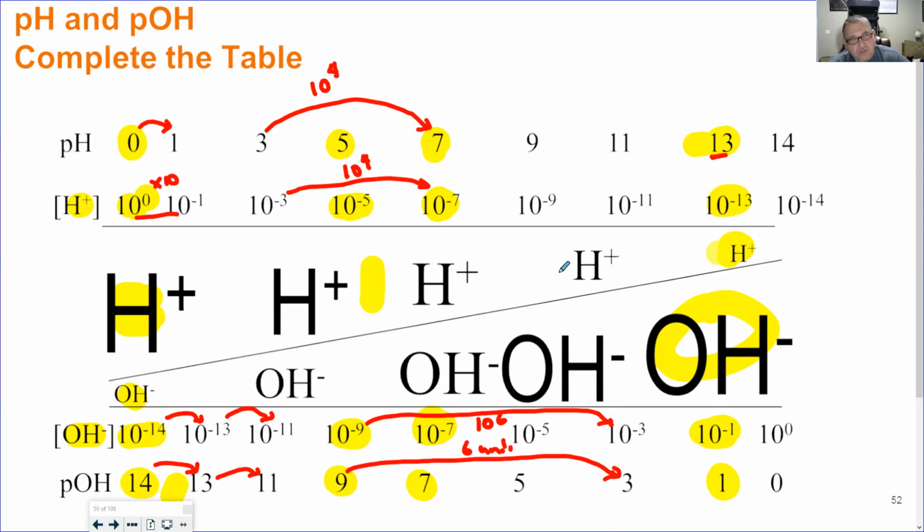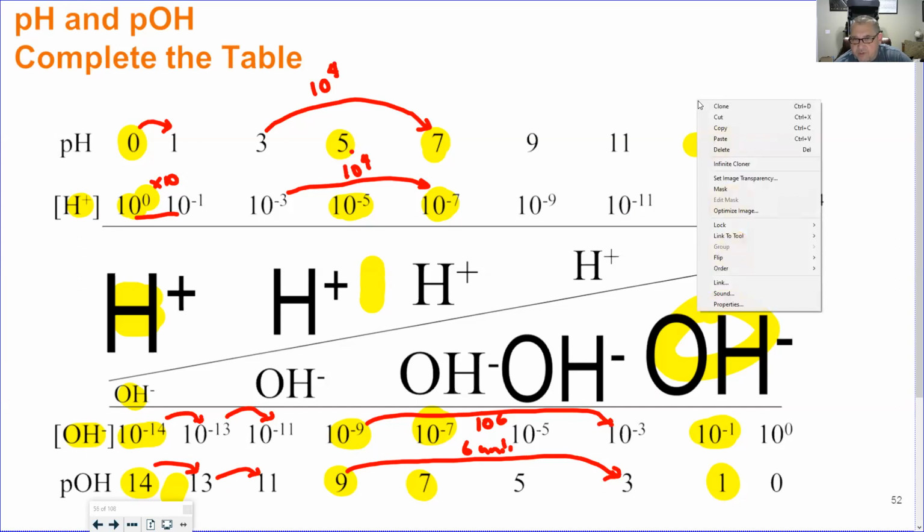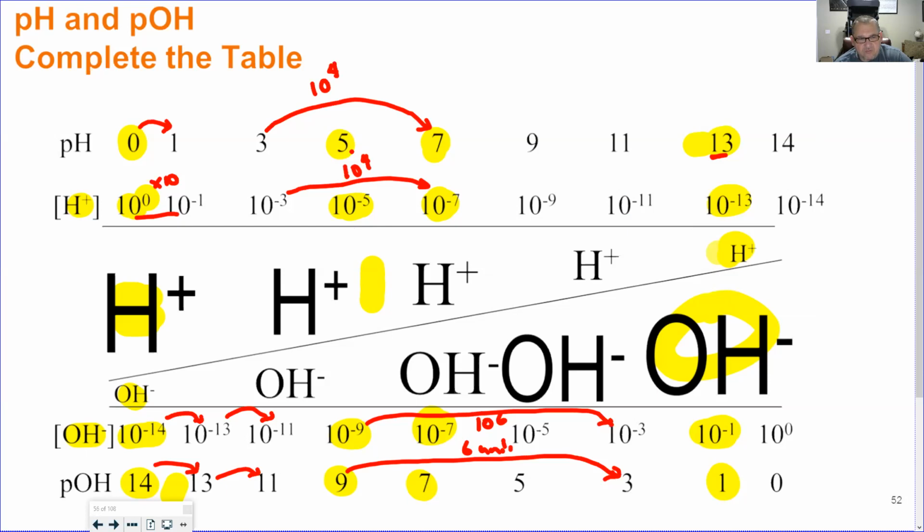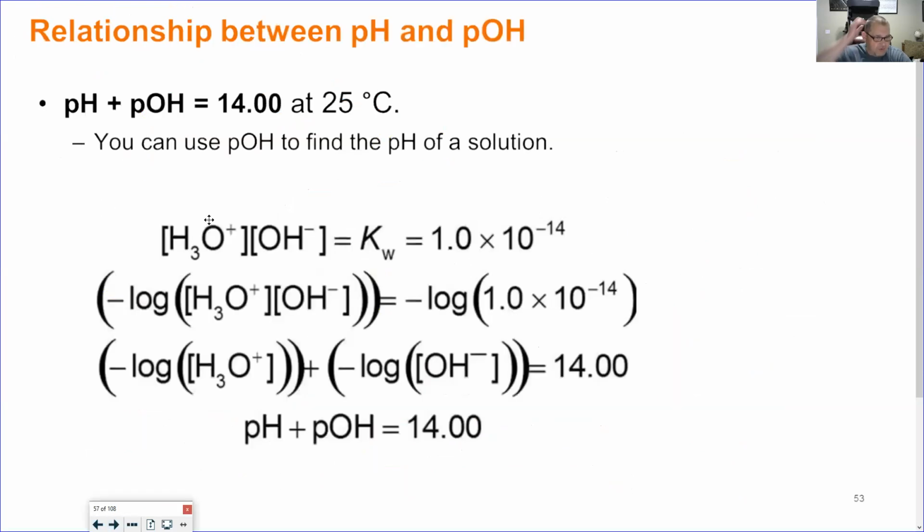Just start to learn what the pH and pOH scale mean in terms of which one is the largest, and then secondly, what it means to change from one pH to another pH in terms of the relative concentrations. And once you start to learn the way that logs work in calculations, it's not that hard to figure out. All right, if we look at the relationship we have between pH and pOH adding up to 14,